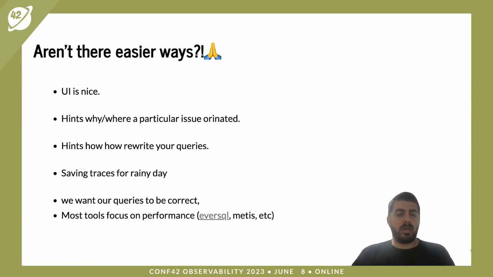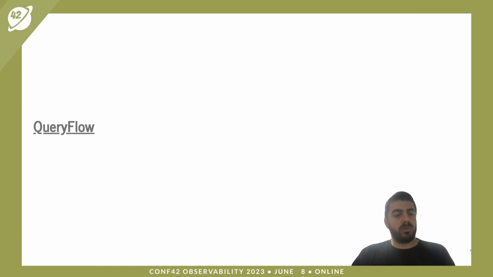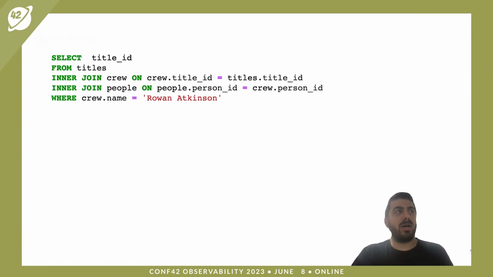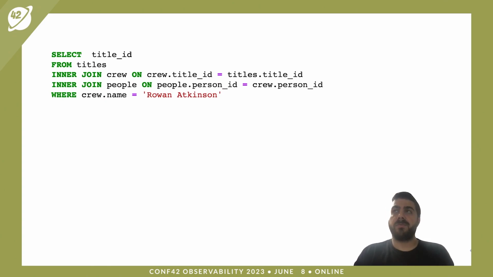So what can we do? I wrote a tool called QueryFlow, which is not that mature and not that ready to be used, but I want to show you how easy it can be and how we should strive to have things around. So let's say I have a query that reads from the titles table and then does a join to crew